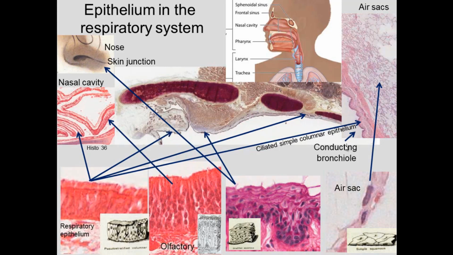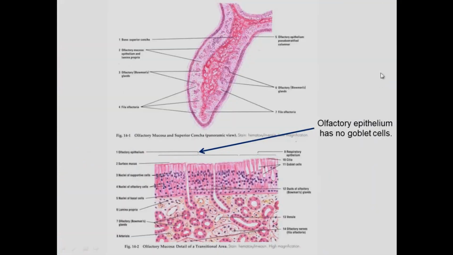And when you get to the conducting bronchioles, the pseudostratified columnar goes to simple columnar ciliated cells that are on the surface here. And then the other type of epithelium, simple squamous, you have in the alveolar sacs, alveolar ducts, and the alveoli is where you have those. Here we see